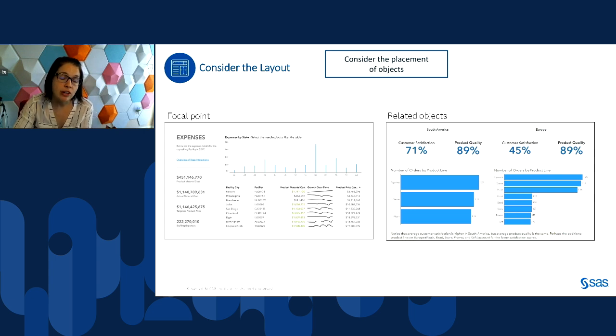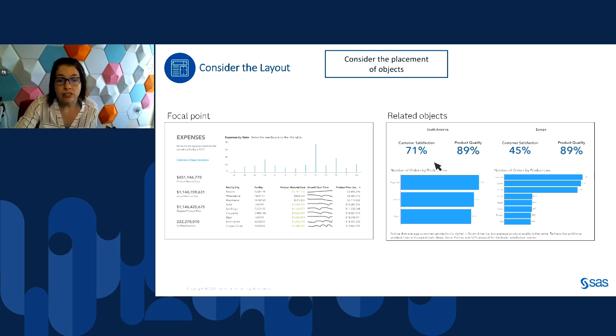You want to make sure that important objects appear in the upper left corner or at the top of the screen. That will change depending on which locality you're presenting the report in. In places that read from left to right, the upper left corner is the most important. That's what they'll focus on first. In localities where they read from right to left, you might want to put important objects in the upper right corner. So you want to create a focal point for your report.